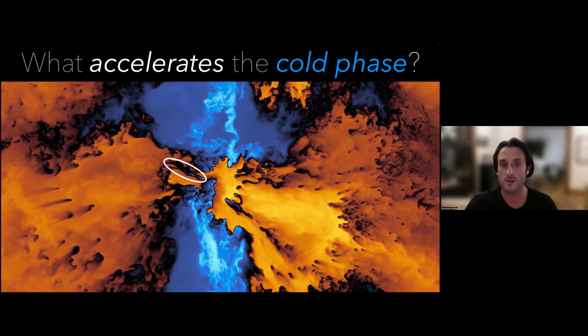So here I've circled an individual cloud. This cloud here is just starting to get picked up out of the galaxy and launched into the surrounding medium. And in reality, so in the real universe, when we observe galactic winds, which we do very commonly, we often see cold gas flying at hundreds or thousands of kilometers per second up out of the galaxy. Now, in these simulations, the hot gas is going hundreds or thousands of kilometers per second, but the cold gas is only going a few tens to maybe 100. So there's a real conundrum which stimulated the field for a very long time.